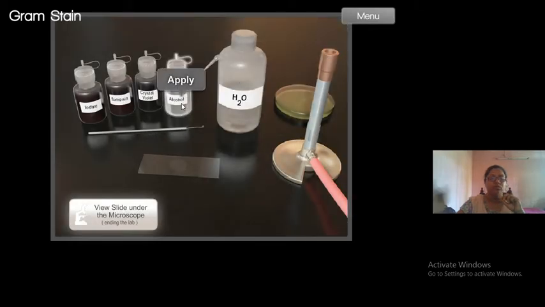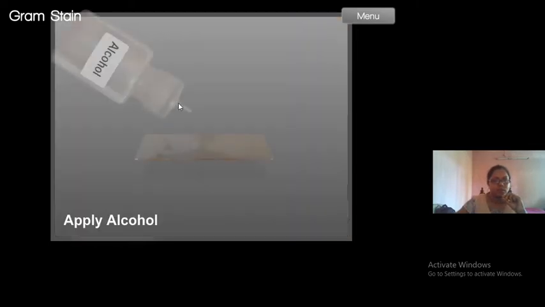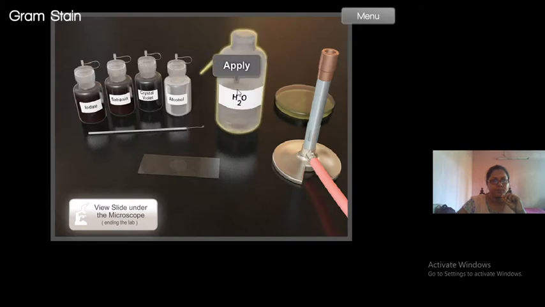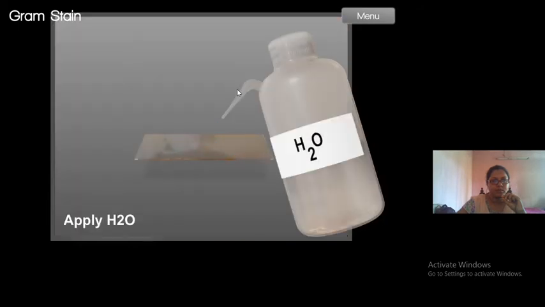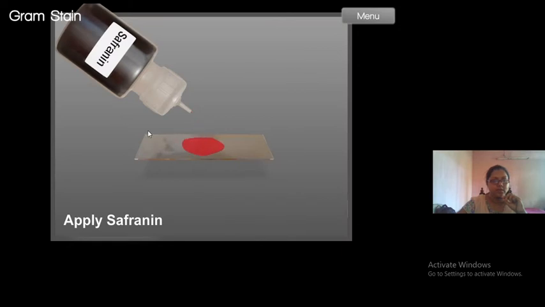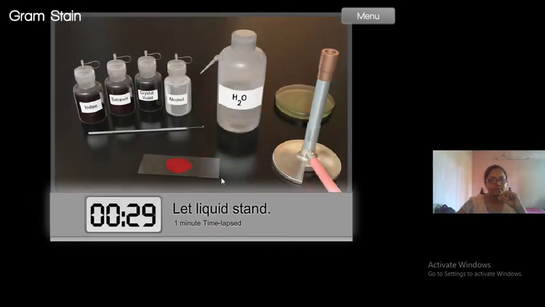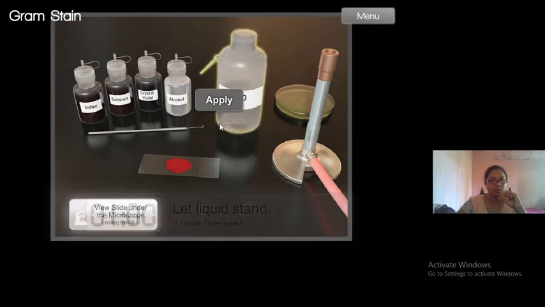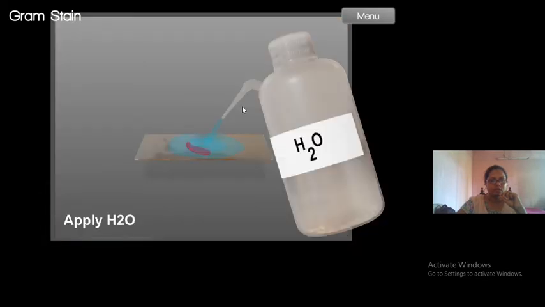Next is the most crucial step of gram staining, which is the decolorization. So I'm using the decolorizer here and washing. Now there are various options for decolorizer. You can use acetone also, you can use absolute alcohol also. The time will vary with different decolorizers. After the decolorization, we have to apply safranin, which is the last step of the staining procedure. Okay, so this will take 1 minute and we will wash it.